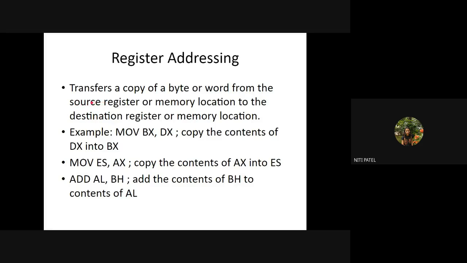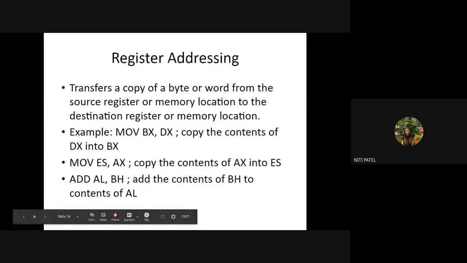So do you have a source register? Yes. Which is that? DX. Do you have a destination register? Yes. Which is BX. Are they both a part of an instruction? Yes, they are part of an instruction. MOV BX, DX. So this addressing is called register addressing. What will this particular instruction do? It will go into the DX register, and whatever data is there in the DX register will be copied as it is into the BX register. Is this understood? So when I have two registers, if one is acting as source and other is acting as destination, I call it register addressing. Or what it is told, either source register, destination register, or source location or memory location.